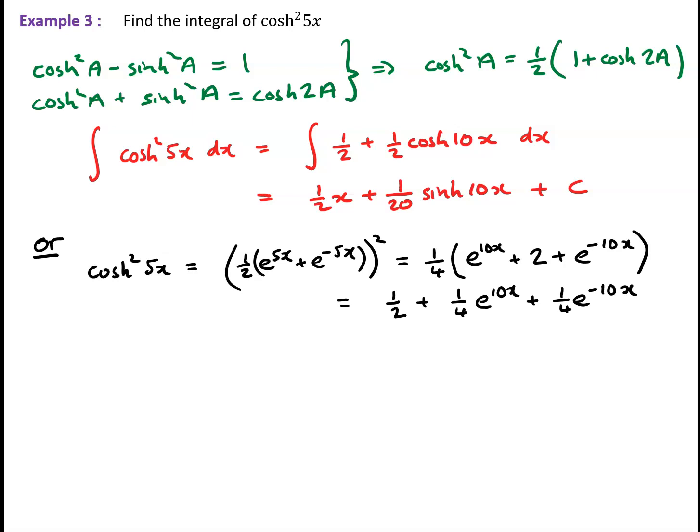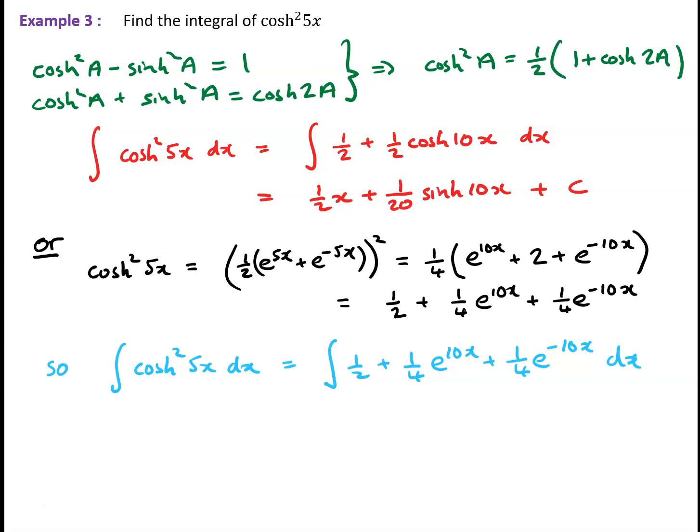So we can say that that is 1/2 plus a quarter e to the 10x plus a quarter e to the minus 10x. So the integral of cos squared 5x dx is going to be the integral of a half